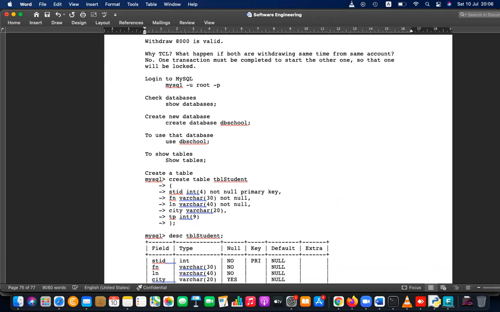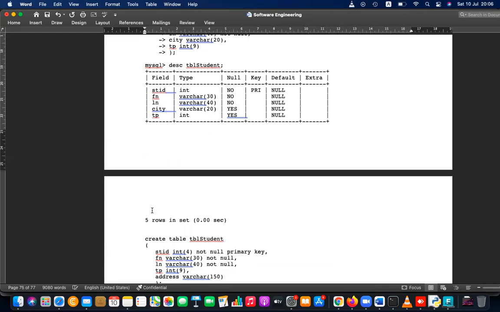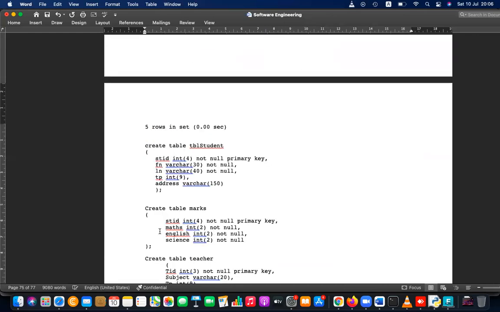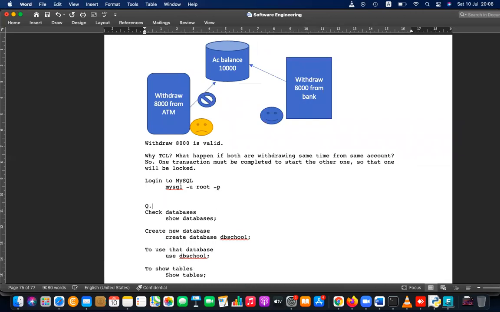Actually, what I want to do, I'll write it in the relational schema. I want you to create a database. So please write as a question. Question: Log into MySQL DBMS.